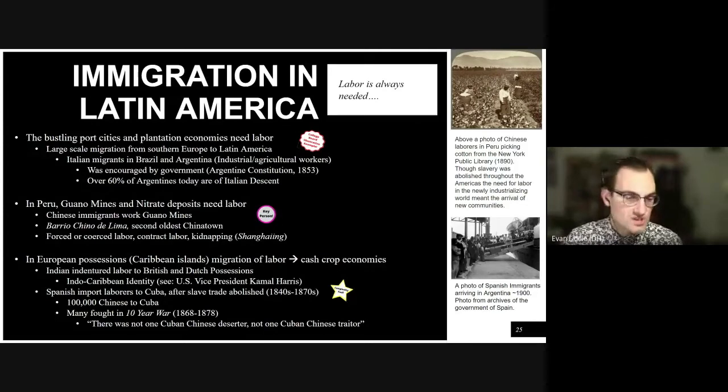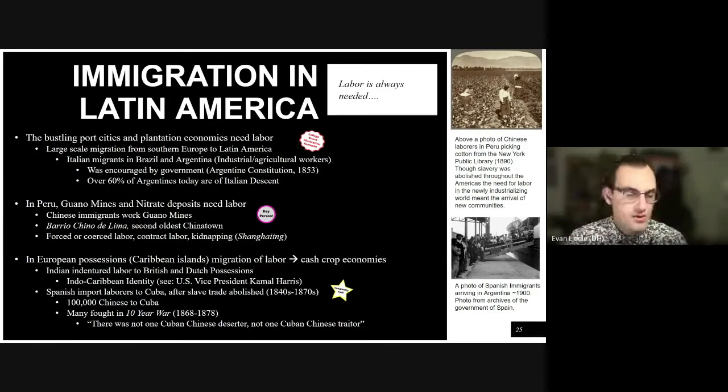Sometimes it was forced labor, sometimes it was coerced. Sometimes it was done via a contract, but the contracts weren't always on the up and up. They weren't always legitimate. Sometimes the contractors would cheat the laborers out of their wages or their rights. There was also a practice of just straight up kidnapping people known as Shanghaiing, named after the city of Shanghai in China because it happened there so often, not just to the Chinese, but also to sailors of other navies and other people of ill repute would kidnap individuals to serve in various labor roles in other parts of the world.